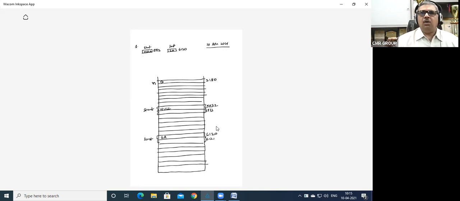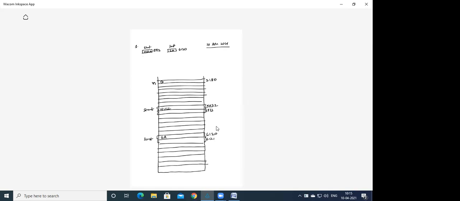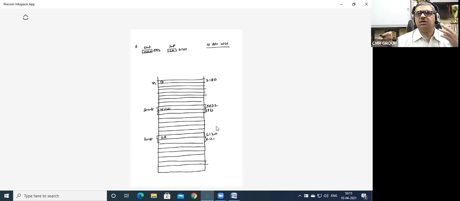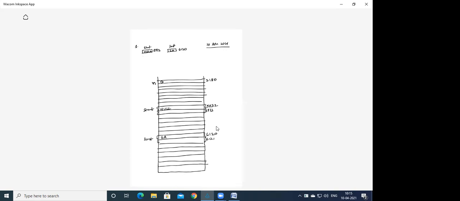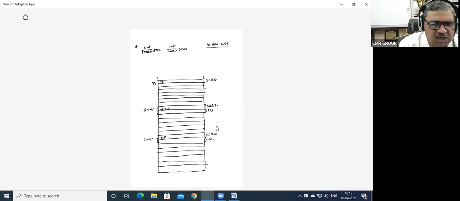Now everybody please go back to your create function. Create function, please. Can you see the create function, everyone? Yes, sir. Right. So what is the create function now? Tell me.